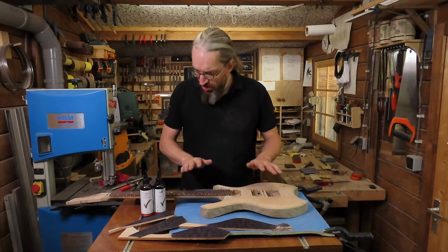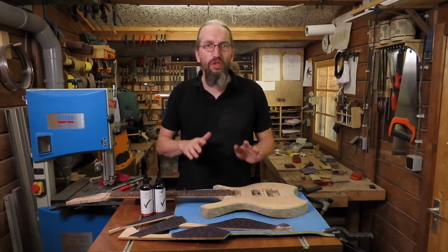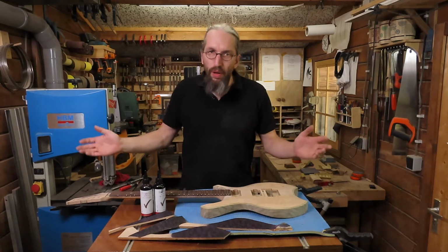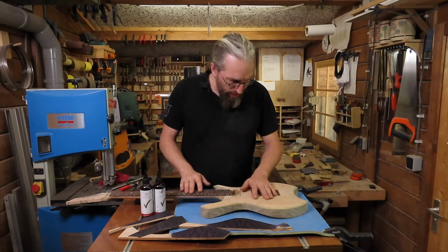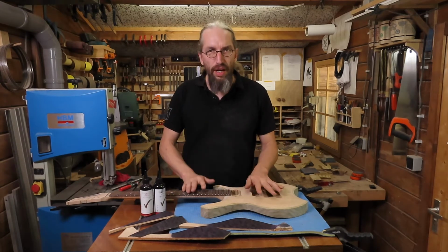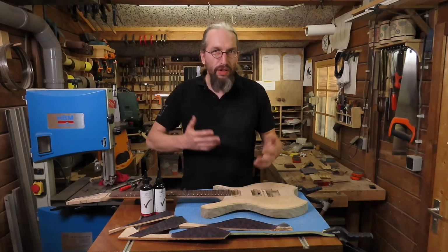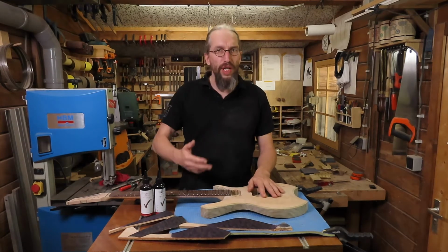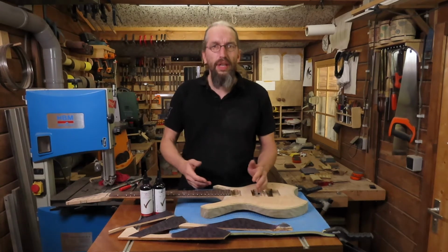This week I've been sanding this guitar body off camera. I didn't want to bore you guys with the process of sanding. It's one of the most tedious jobs on any guitar build. It's hours and hours of sanding, starting of course with a rough grit of about 120 and going up to the grits 220, 240, 380, 400, 600,